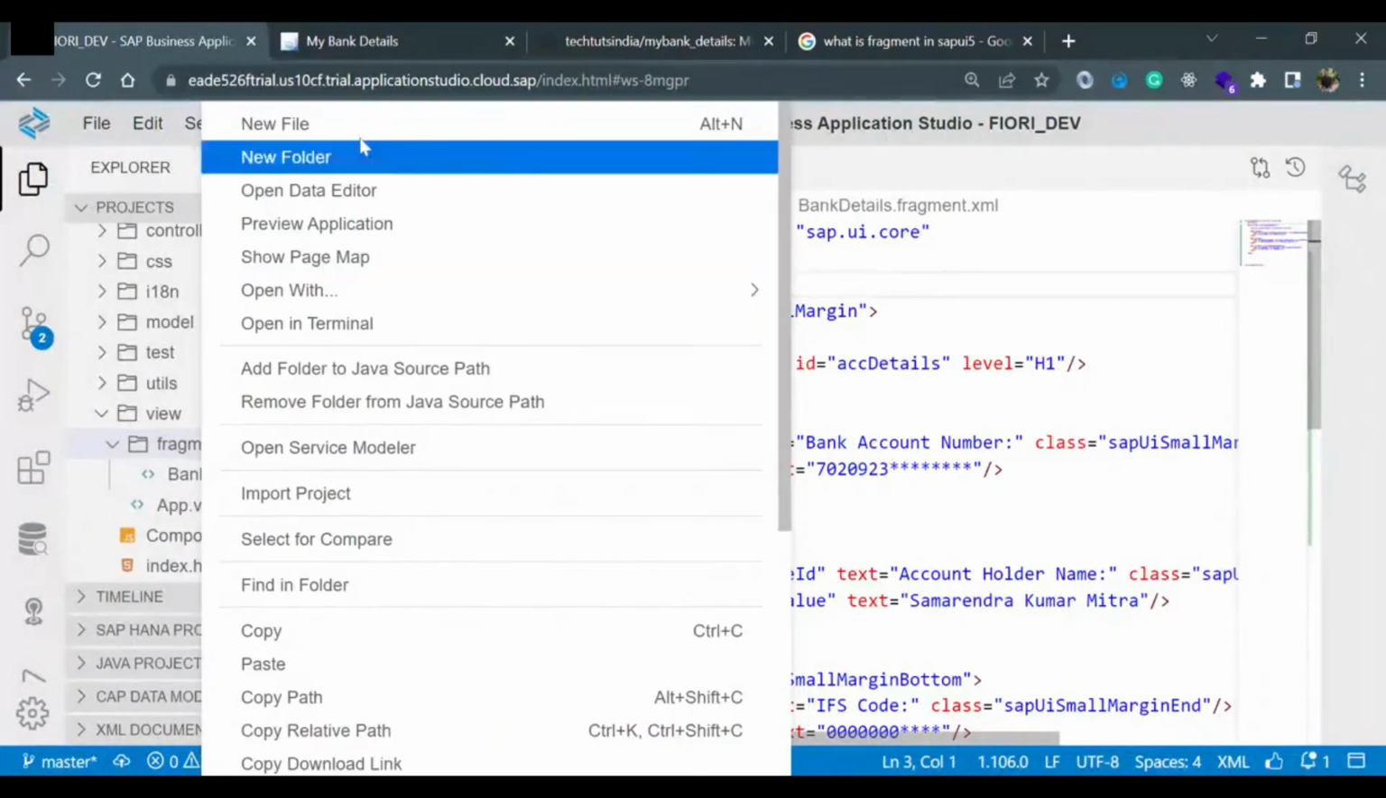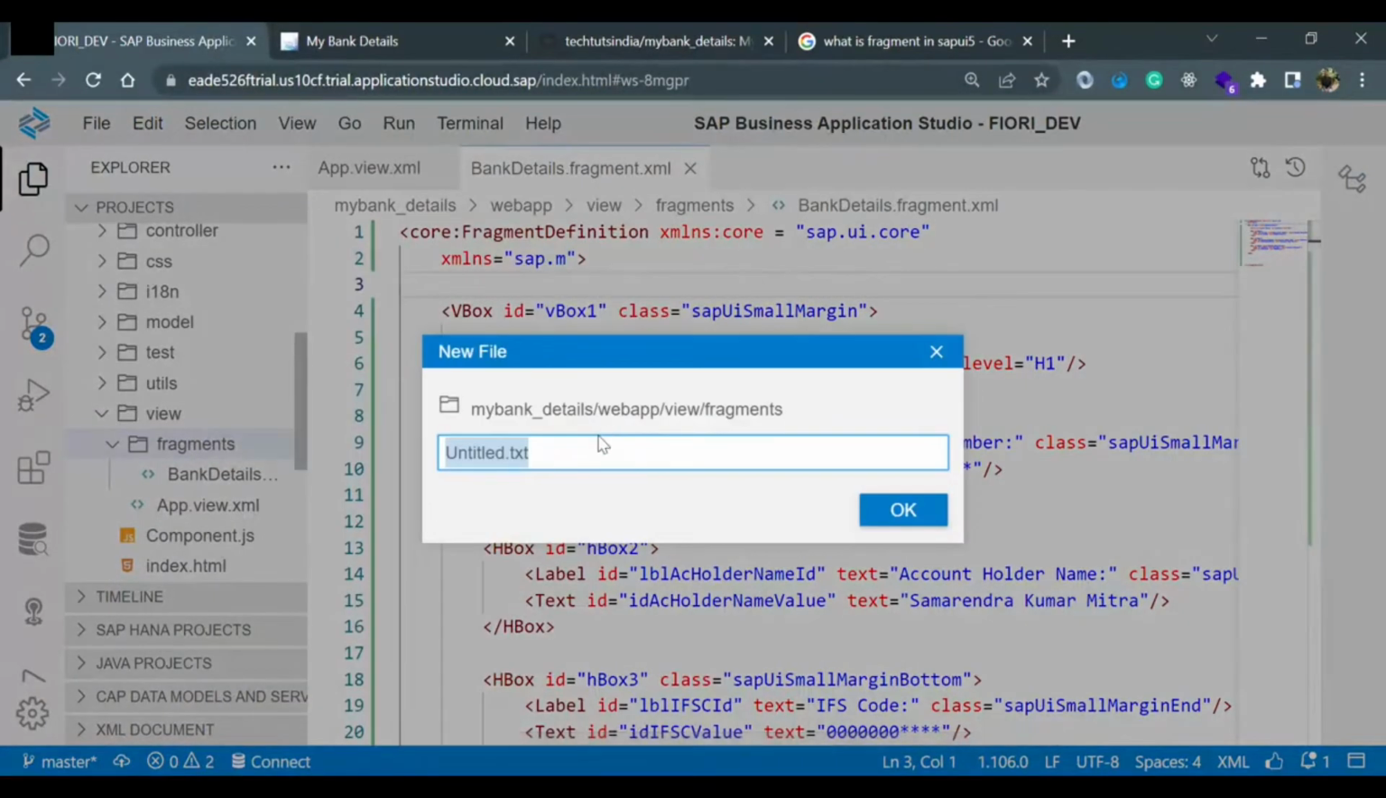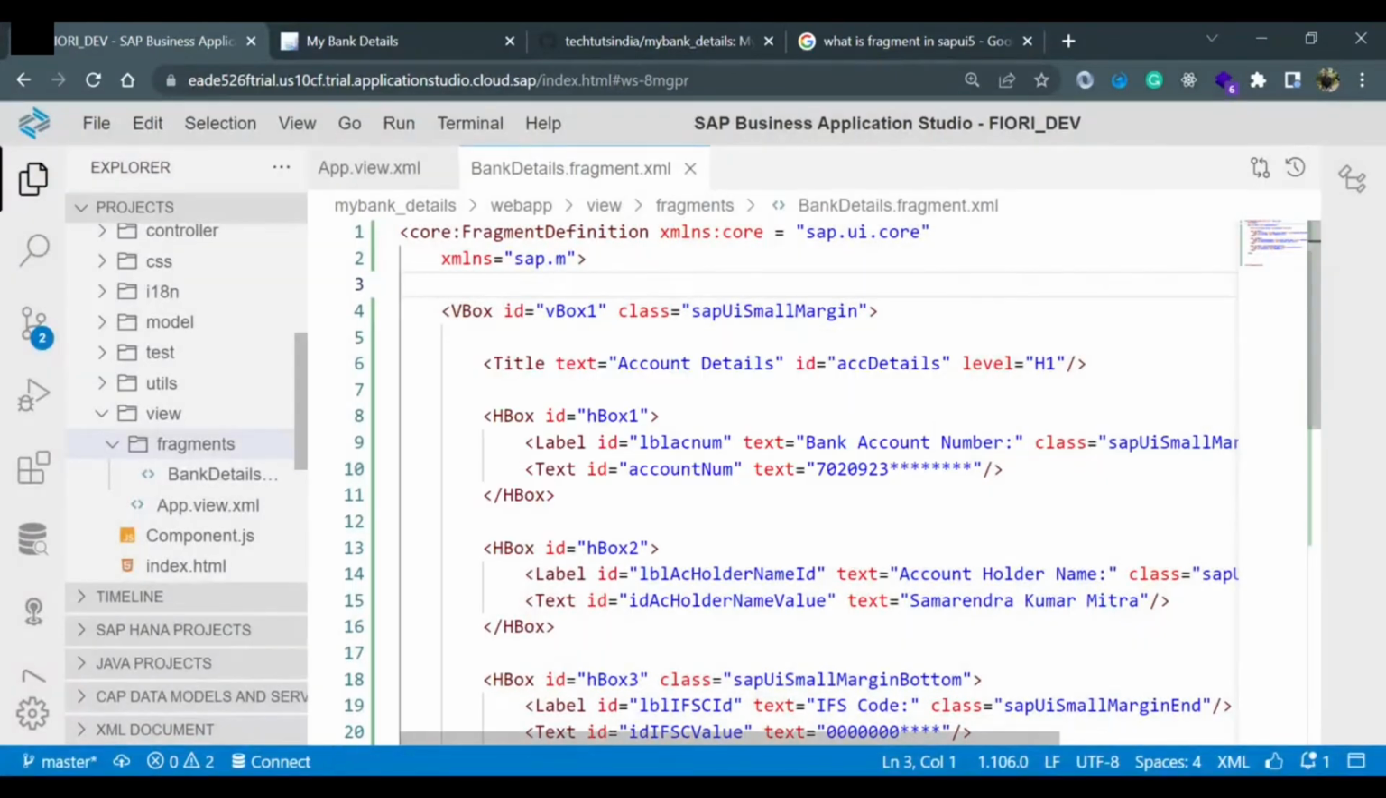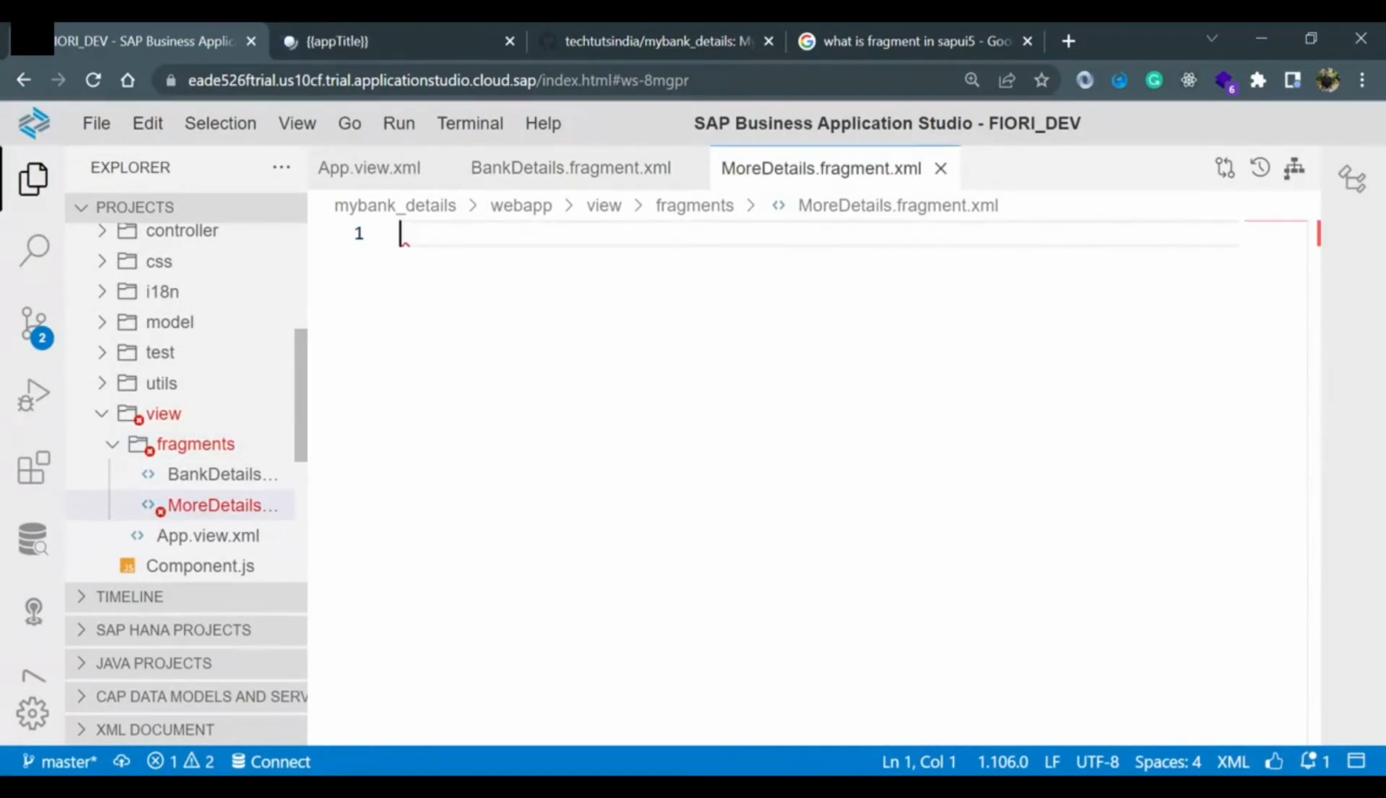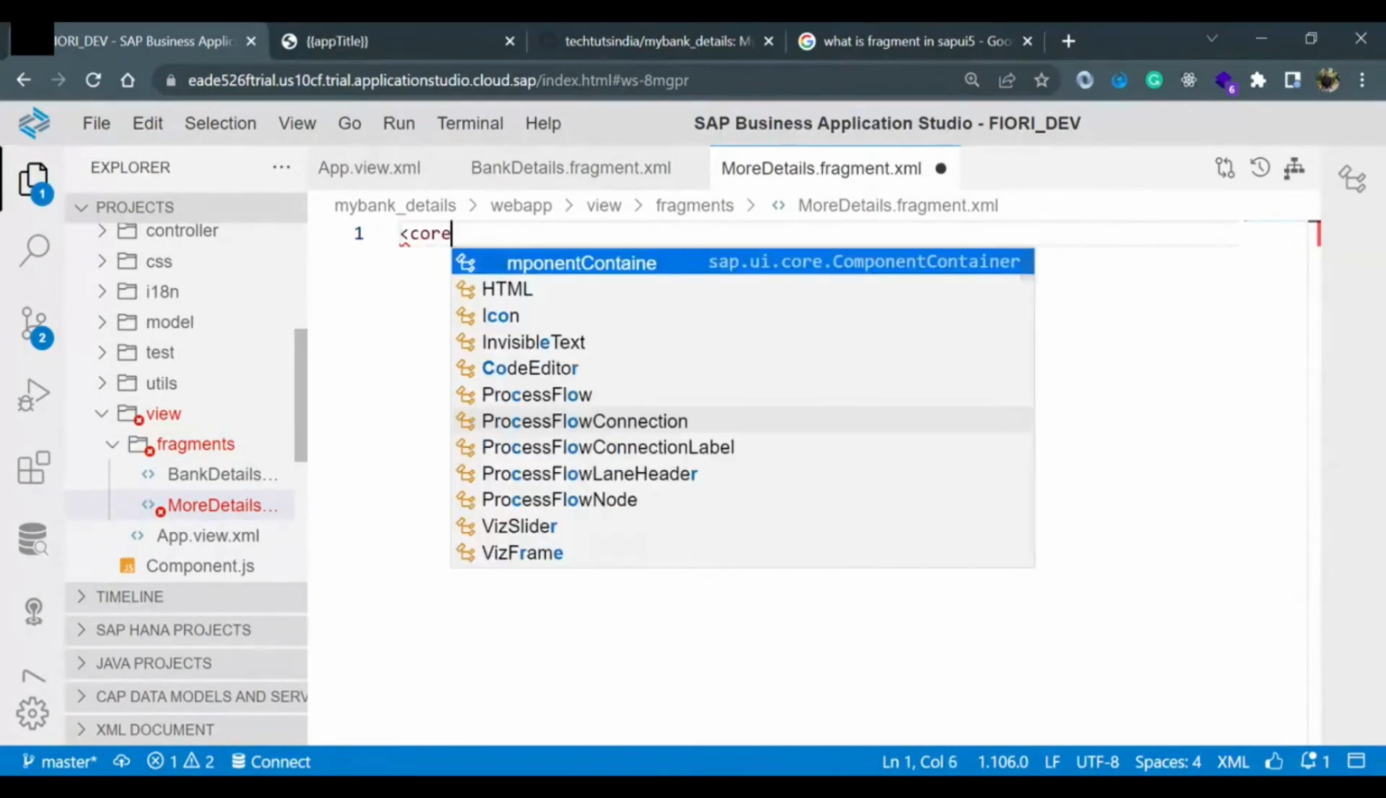So I go to my fragment, new file, and I can say more details. We are creating more details, right? So I just give moredetails.fragment.xml. And again, I need to make one fragment definition. Last time how we did it, in the same way we will do. We will write